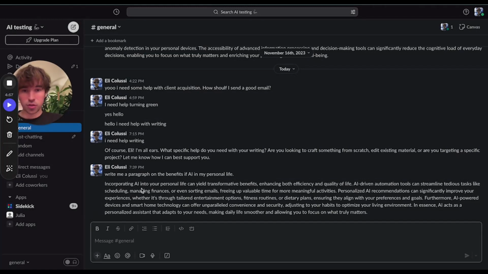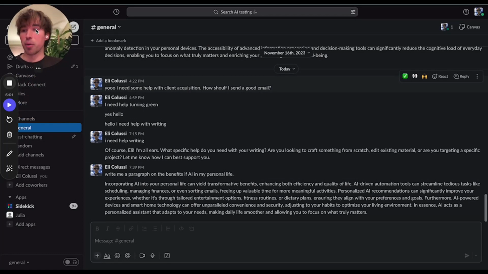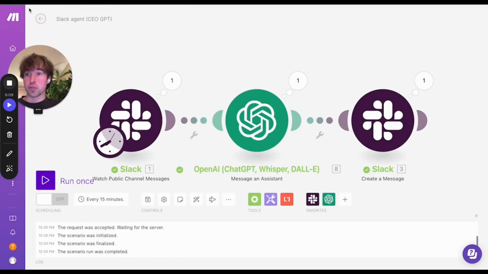Yeah, great. There we go, all right in Slack. But with a lot less code and a lot more straightforward in make.com. Now, where I could see this being extremely useful,